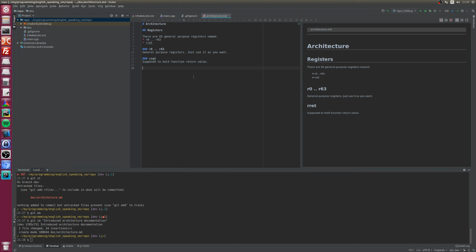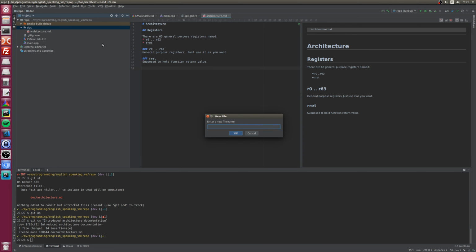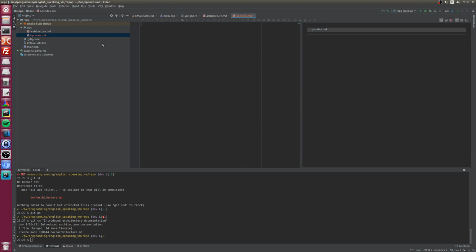Now let's create another documentation file for opcodes, because we need to have opcodes here. New file. I'll probably merge those documentation files into one file, but yeah, it can be done later. Opcodes.